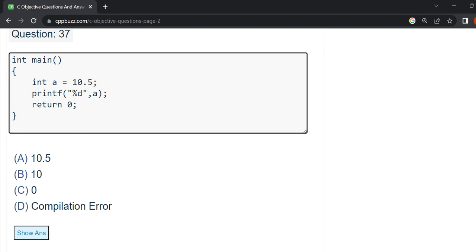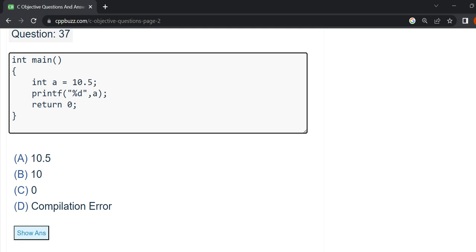The reason why it is 10 is that 10.5 is a float value, or floating point value. When we are trying to store this value in an integer variable, we see that 0.5 is getting removed because of the typecasting. In C we have typecasting when we convert one type of variable to another type of variable. So that is what is happening here, and we will learn a few more interesting things by making